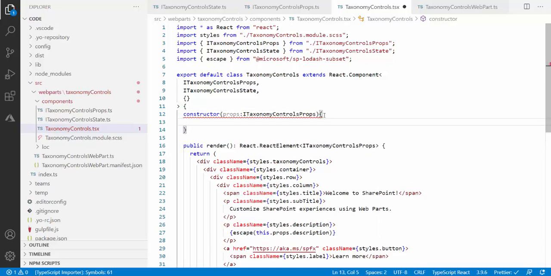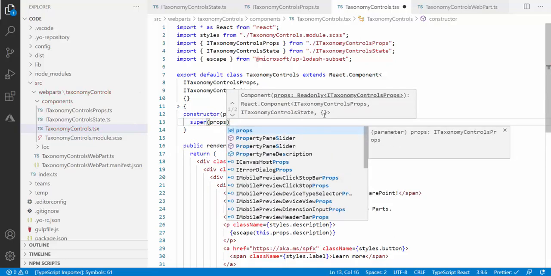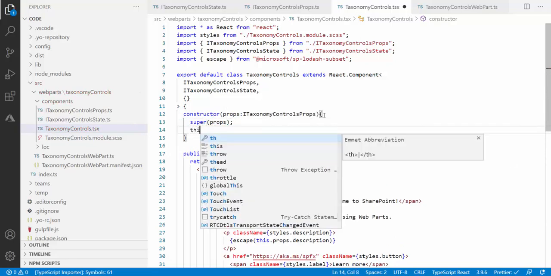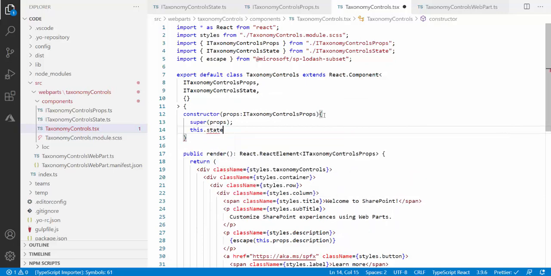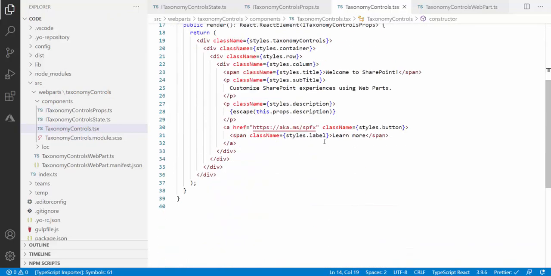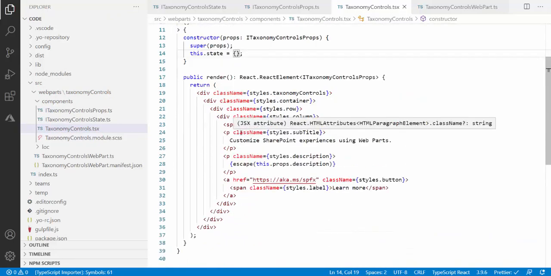Let me just do it from here, super, and this is also done. And now over here I will keep initializing the state whenever it is required. So I will initialize my state over here. Now I will go to the render method. I will remove some extra div which I don't need.